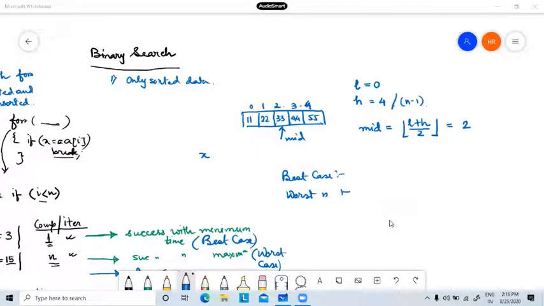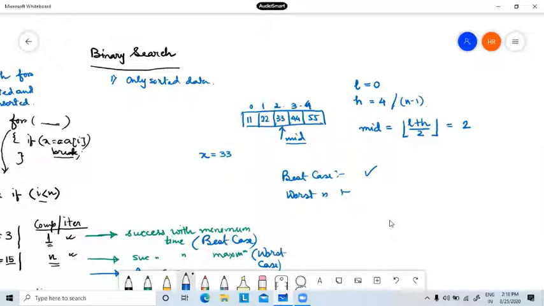Sir, the best case is 33, meaning it will be found in the first search at mid. Good. So the definition is clear that if I get the success with minimum time, then this is best. Since we have started searching from the mid position, if my element is in the mid position, in this case, if I am searching 33, then it will give me the best case.